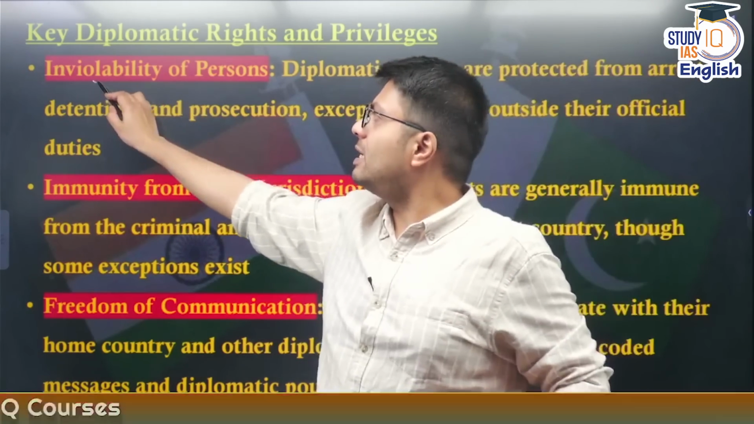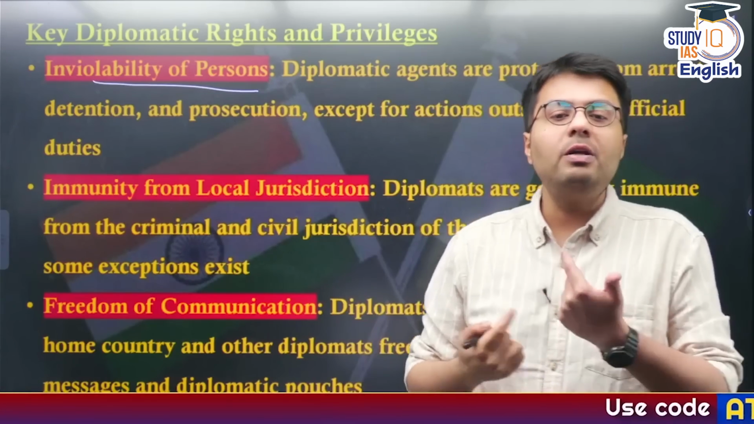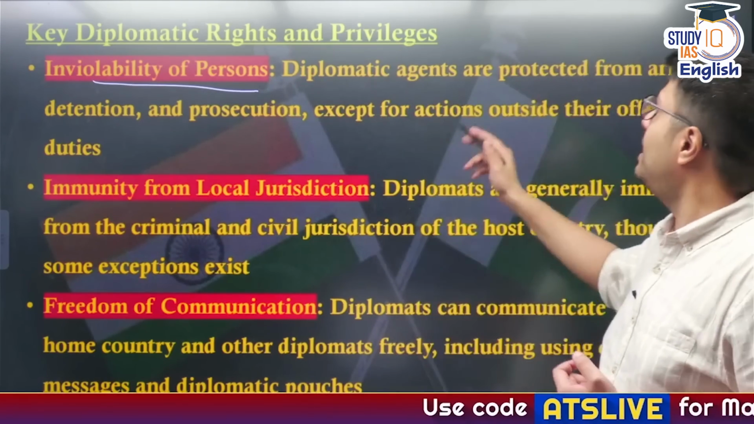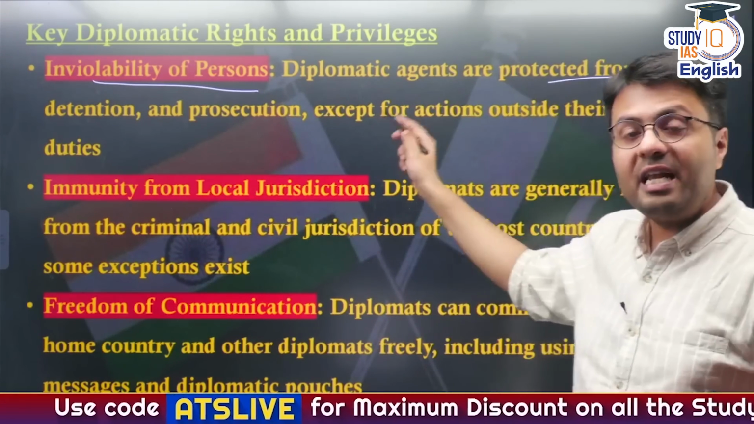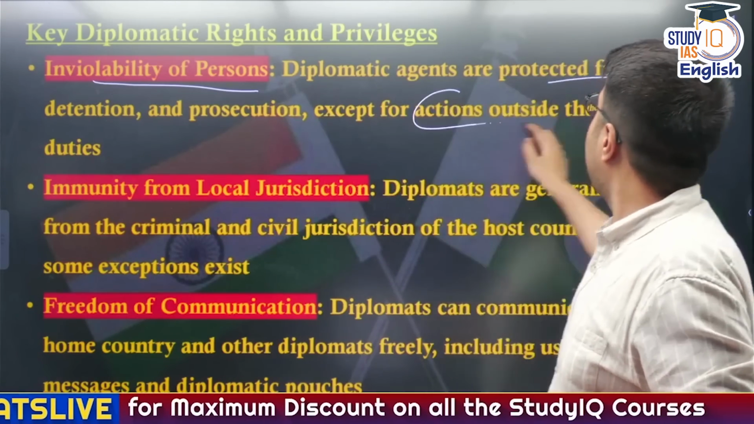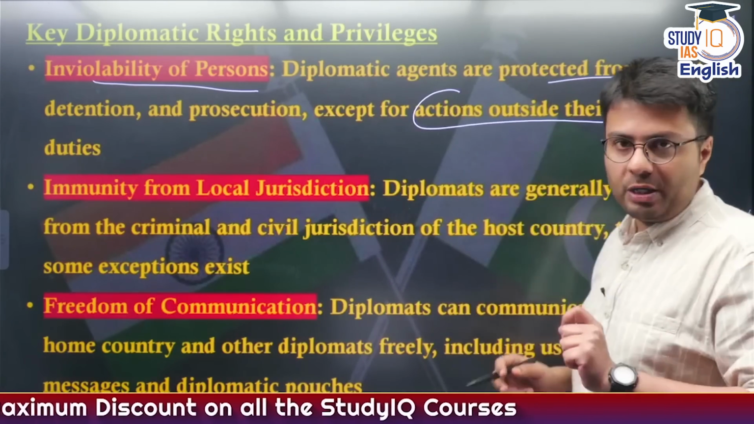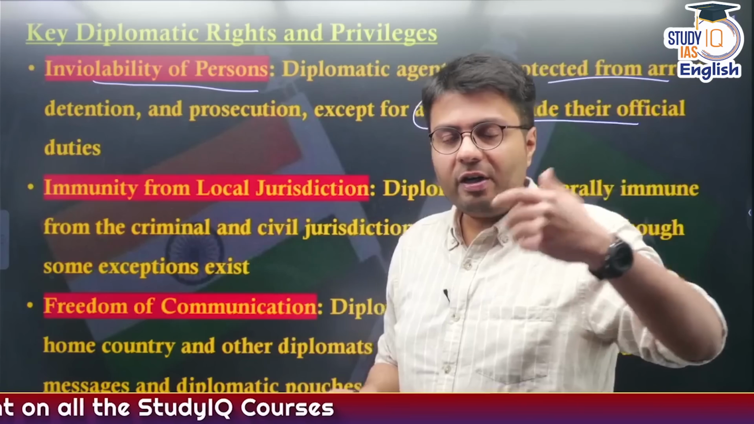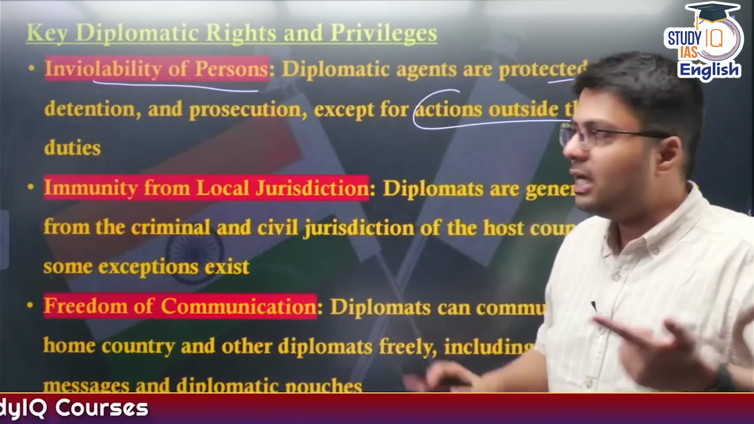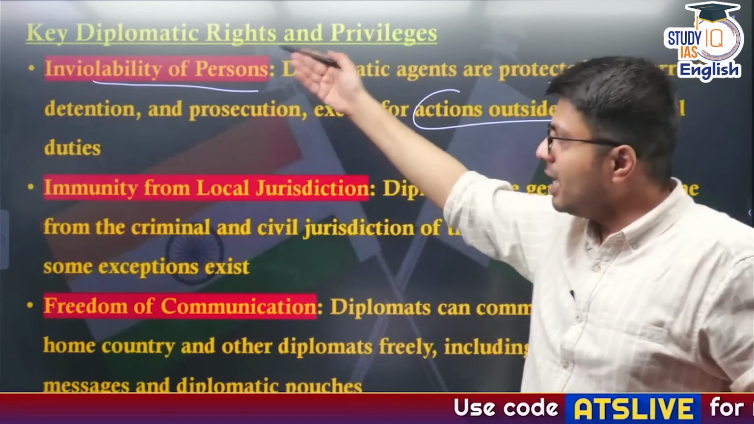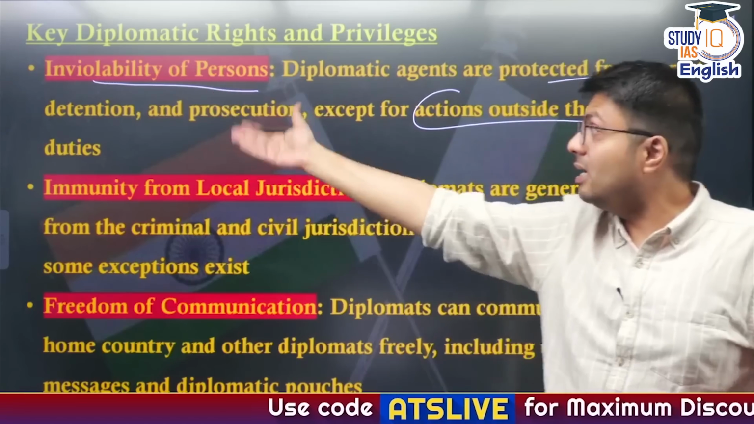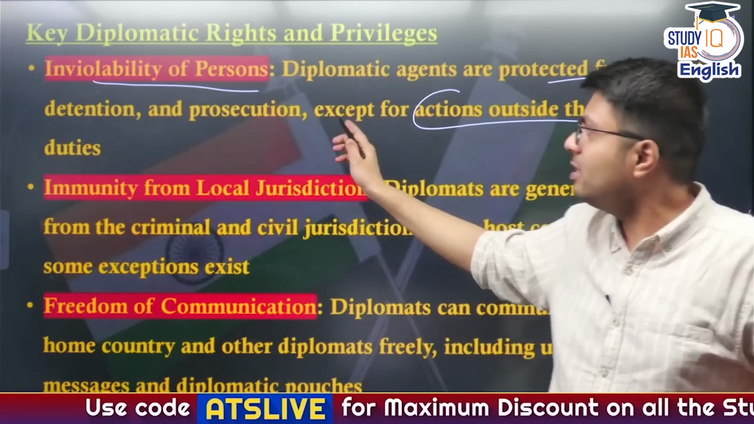The first right and privilege available to them is inviolability of a person, which means diplomatic agents present in your country are protected from arrest, detention and prosecution, except for actions taken outside their official duties. For example, if a diplomat is performing any official duty, the host country can't arrest, detain or prosecute them. That is, the police and armed forces can't take them into arrest and detention, and the judiciary